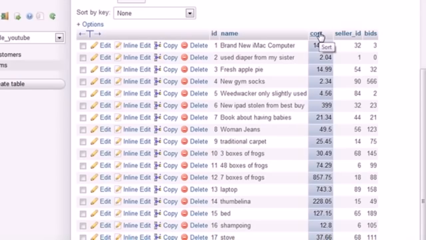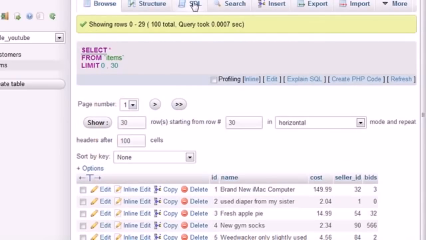Once we have the average price, we can use that number to list all the items that are greater than that price. For example, if the average price of these items was $500, we would figure that out first, and then we would list all the items greater than $500. Sounds simple? Well, now